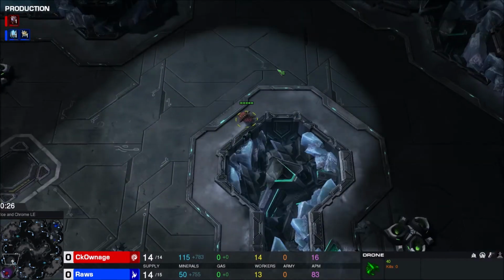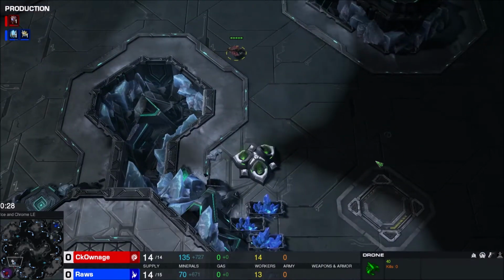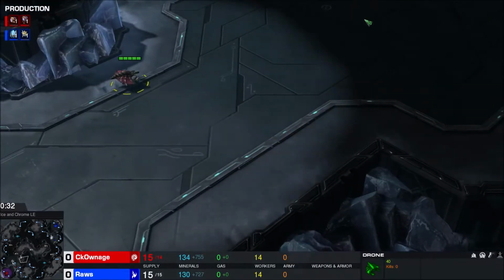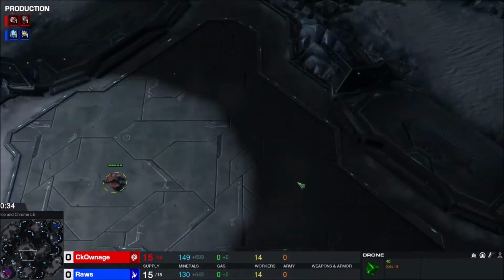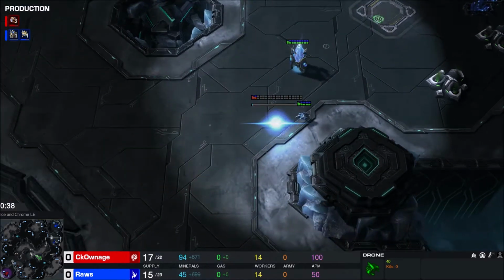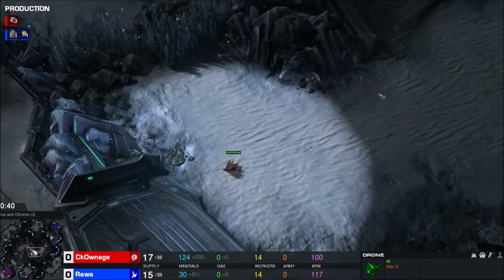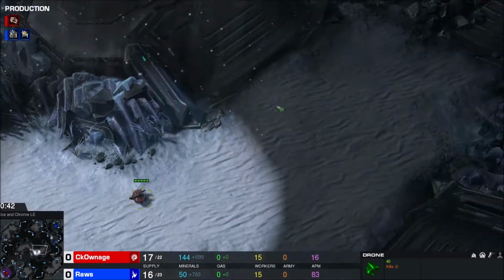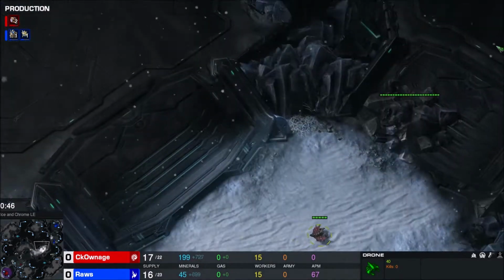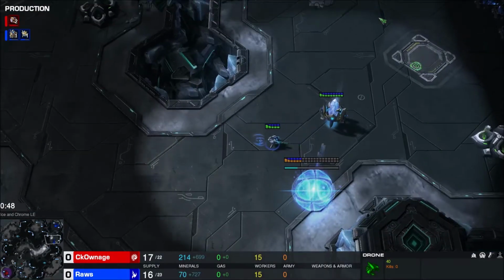And we got this drone. This is a very interesting drone. Very suspicious. I suspect we'll see some kind of cheese here. I'm pretty sure anyone could have said that though. This is pretty obvious this is doing something weird. Maybe he's super afraid of a cannon rush, but that seems less likely than...